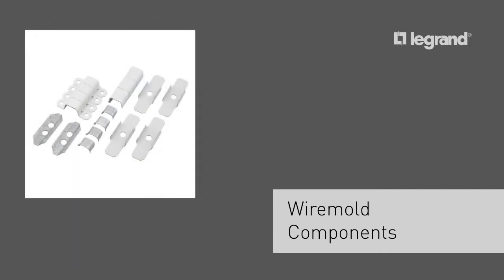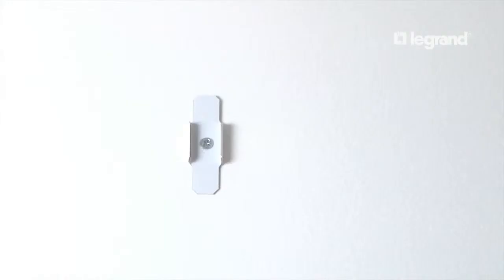Last, we have mounting hardware for the Raceway, including clips, straps, couplings, and bushings. These items are sold individually or are available in a convenient accessory pack. Today we'll be using the clips. The clips are for level wall surfaces and the straps are for slightly uneven surfaces such as brick or cinder